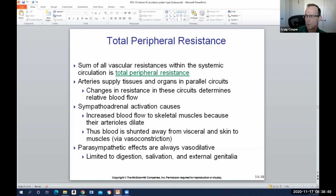And so that drives blood pressure up and it puts more load on the heart, because the heart's got to pump that much harder to push the blood out against that higher amount of total peripheral resistance. So when you are mentally stressed, you're going to tend to have more total peripheral resistance because you're going to tend to have a little bit more sympathetic activation that's going to tighten up the blood vessels